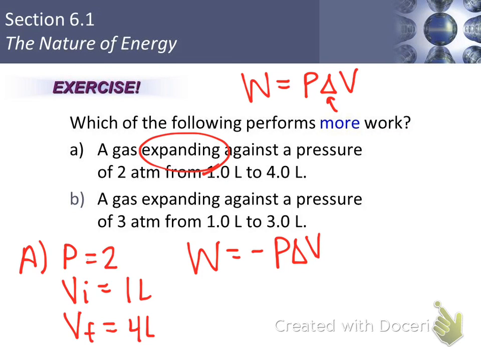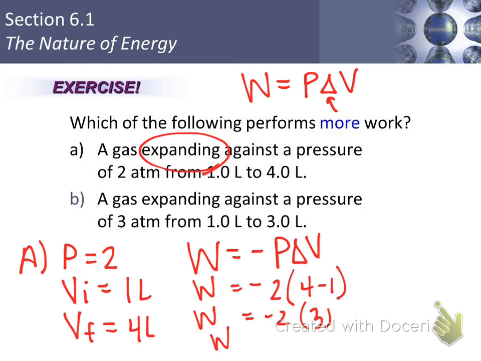Our equation is for an increase in volume, and that's what's happening here. So we go negative 2 times 4 minus 1 equals work, and that gives me 3 times negative 2, which means my work equals negative 6